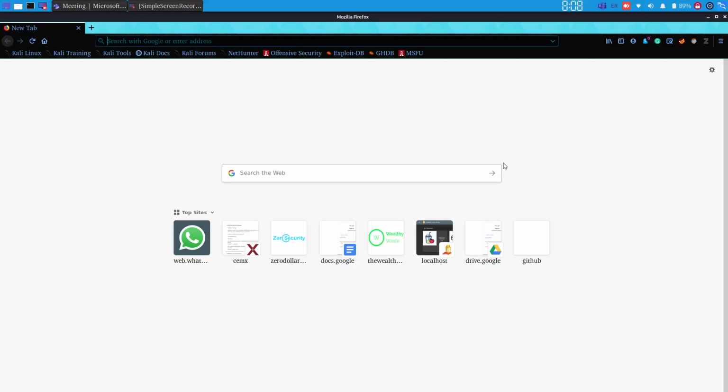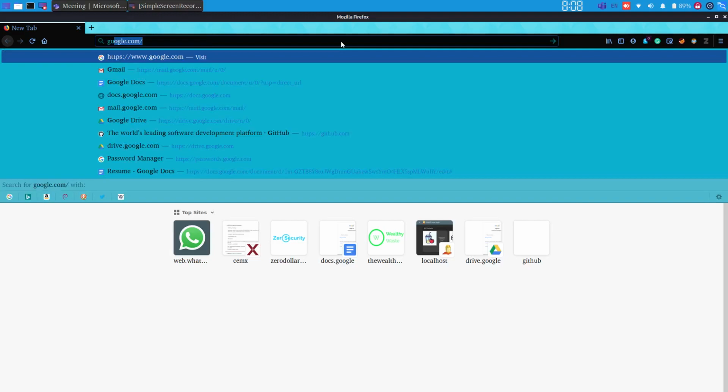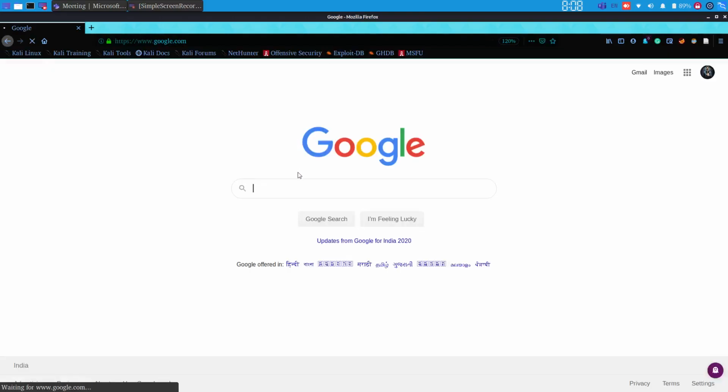Okay, now let's begin. So what is a web application? Anything you can visit, like every website, is called a web application. So let's open google.com. This is a kind of web application. It has certain features, some functionalities, a search box and few other things.